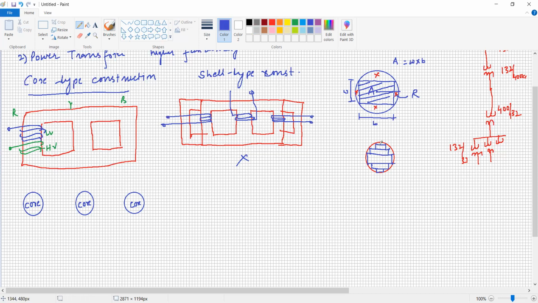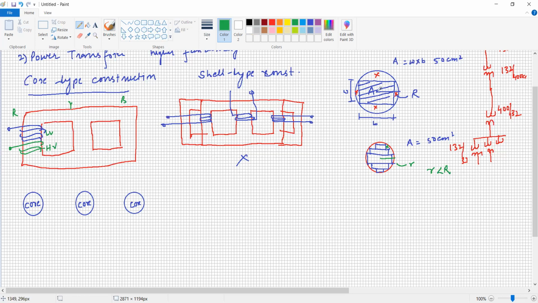So in such cases, the area A is also the same. Here the area is, say, 50 centimeter square. It is also 50 centimeter square. The only difference is that here the radius decreases. So the radius small r is smaller than the capital R. So the net iron area is the same. It reduces the mean diameter of the bobbin, the winding bobbin or former. Under such condition, the air gap is very small. See here, the air gap is very small. It will reduce the leakage magnetic flux.